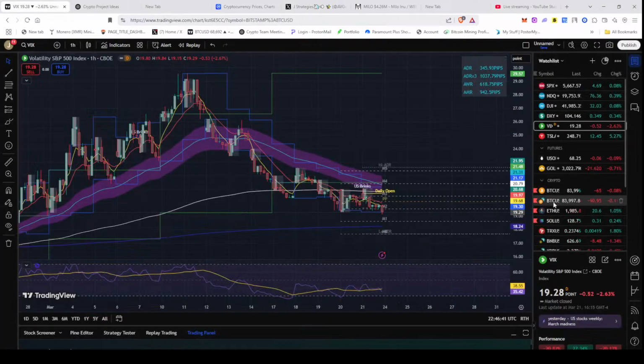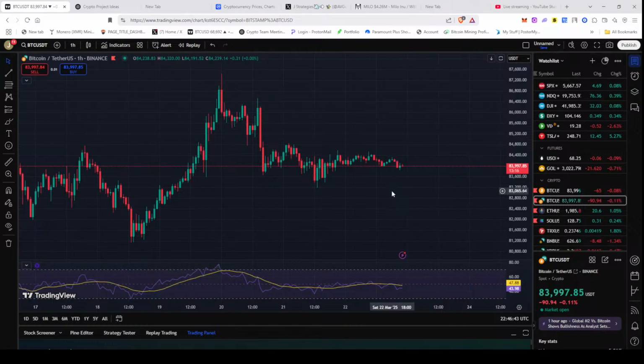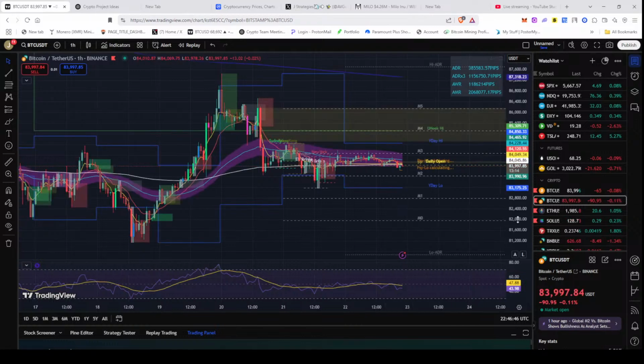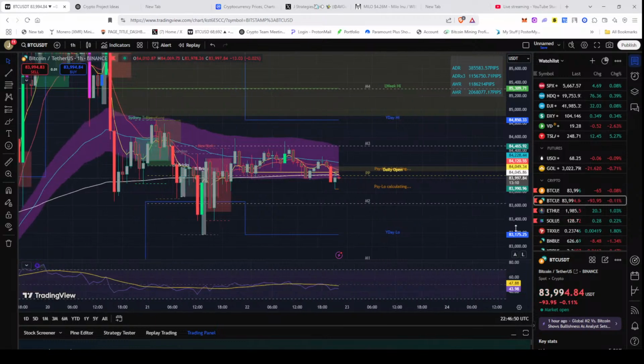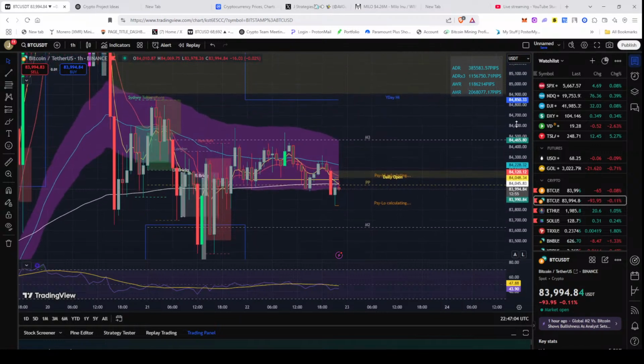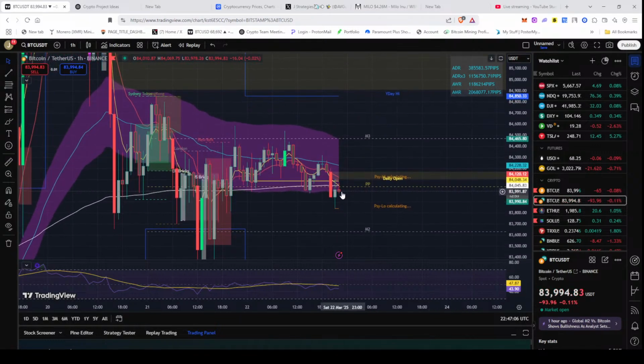VIX is going down, and we have Bitcoin once again. That's why I'm checking Bitcoin. Let's see, we turned down a little bit. I'm paying attention to this. We did see this little psychological low calculation. But if we do end up coming down, turning down, then I will end up